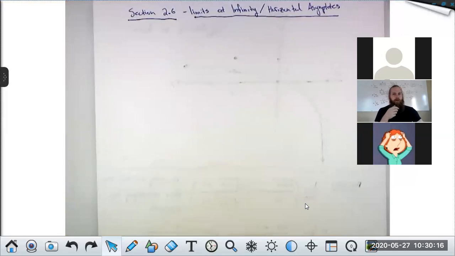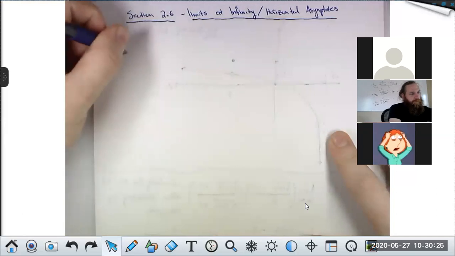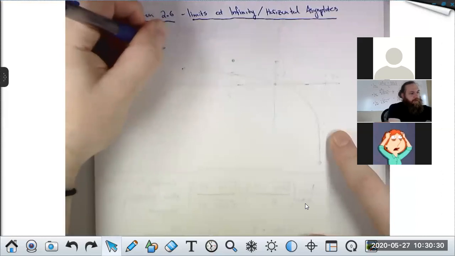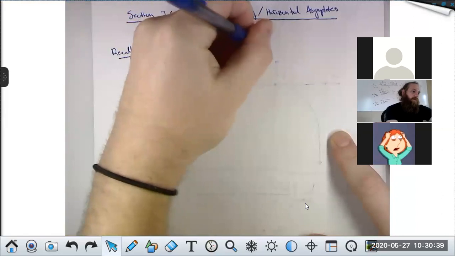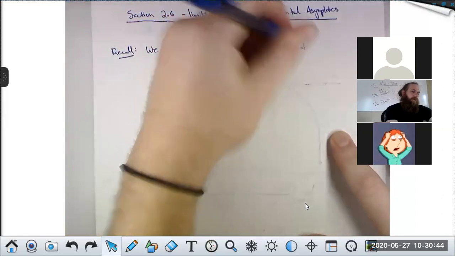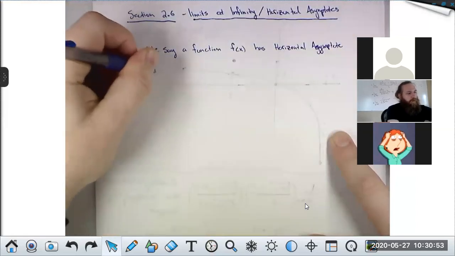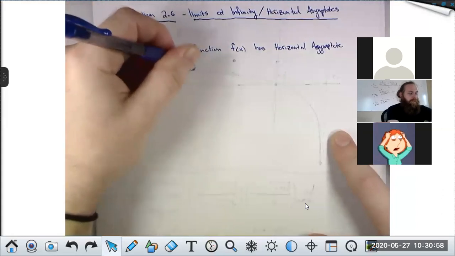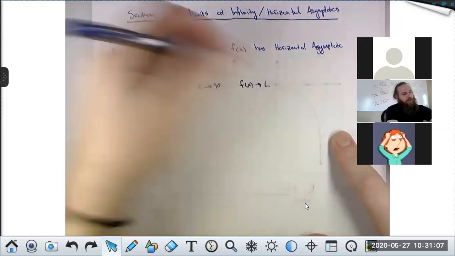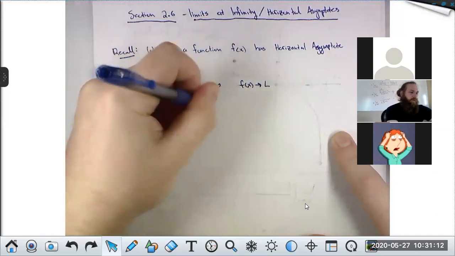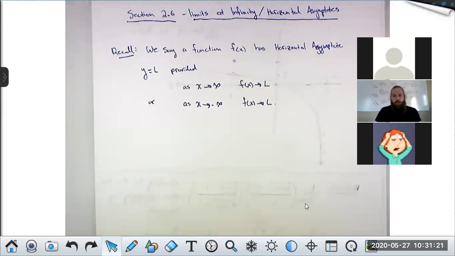So you may remember the definition of a horizontal asymptote involving some arrow notation. We say a function f of x has horizontal asymptote y equals L, provided as x goes to infinity, f of x goes to L, or as x goes to negative infinity, f of x goes to L. All right, this is the definition of horizontal asymptote that we use in college algebra and